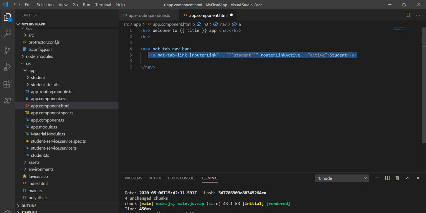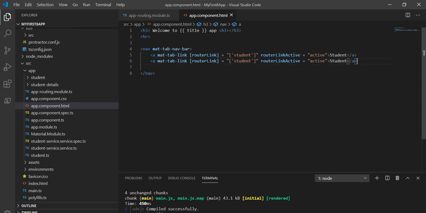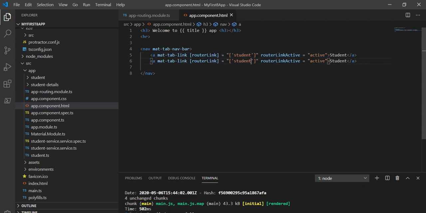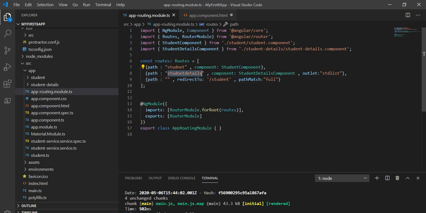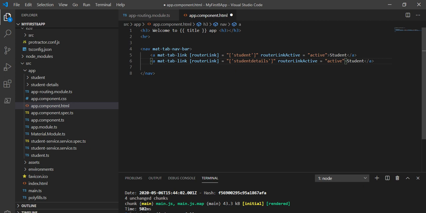Now let's copy it and change it here to student details, like this should match with this name. So let's copy it first and paste it here, and this will be the active.